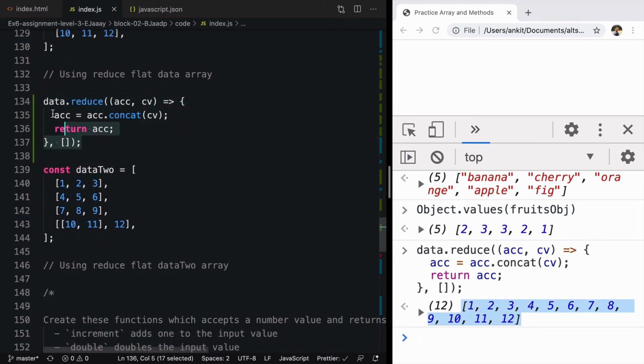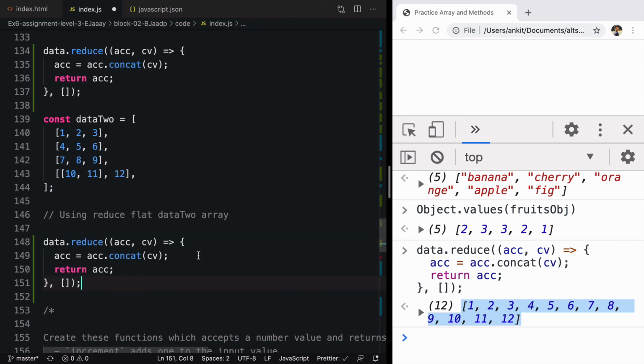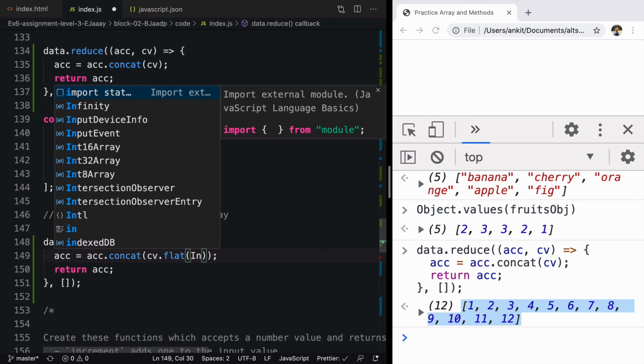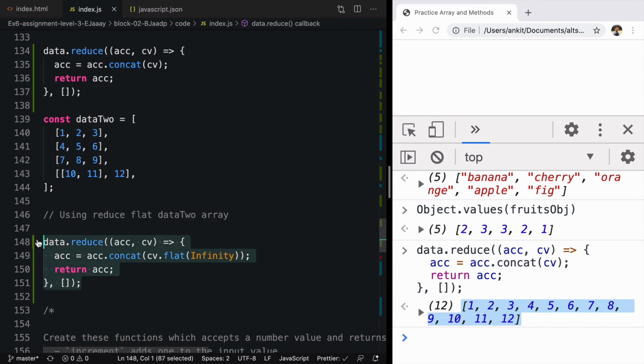Now here we have to do a similar thing. The only difference is we have to see whether it is an array inside an array or not. So the simplest way to do this would be to flatten this array by saying flat and passing Infinity, so it can flatten all the elements. And here we'll change it to data 2.